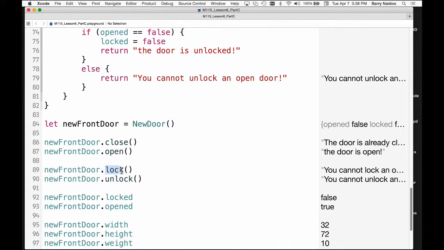Now we try to lock this door, but we cannot lock it because the door is open and you wouldn't normally lock an open door. So that's why it gives this message, you cannot lock an open door. Right? Door is still open. We try to unlock the door. No point in unlocking an open door. So it gives us the message, you cannot unlock an open door. So that's how we call the methods on this object, by using the dot notation and the name of the